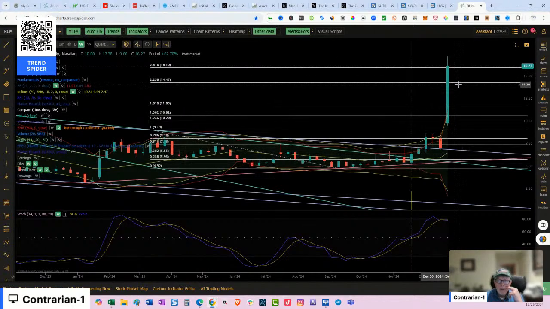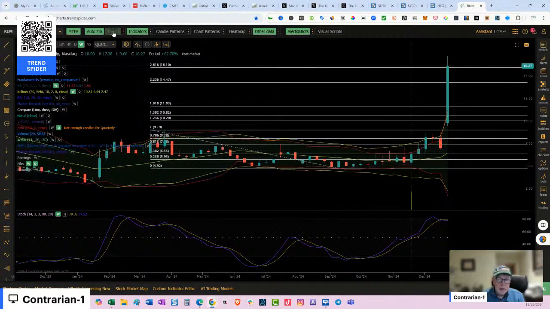Support down at around 14.47. I don't know. It's a little bit too tight for me. I would need more of a shakeout here on Rumble to open up a position. But it's not really the question you're asking. If the question you're asking is, is it going up? Probably. The path of least resistance is clearly to the upside.